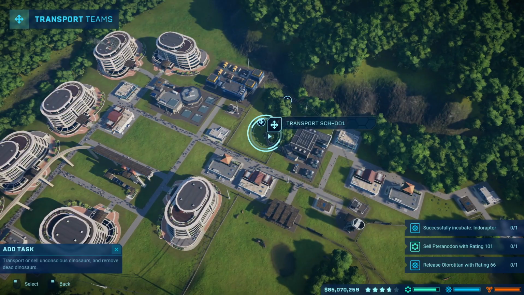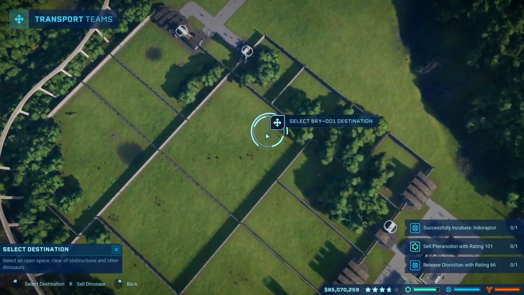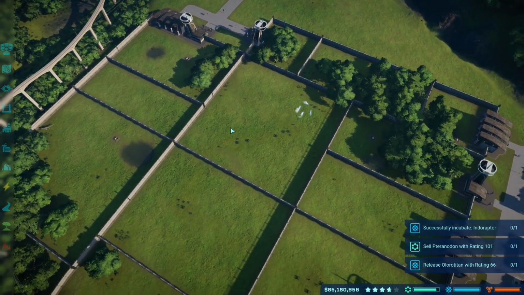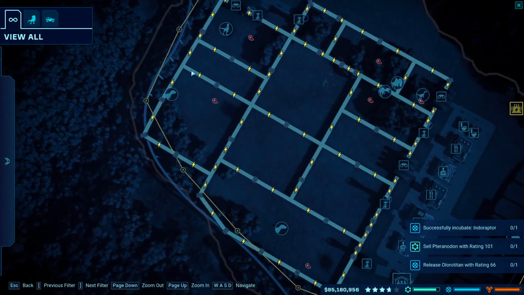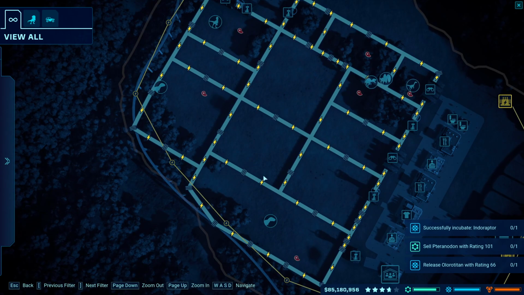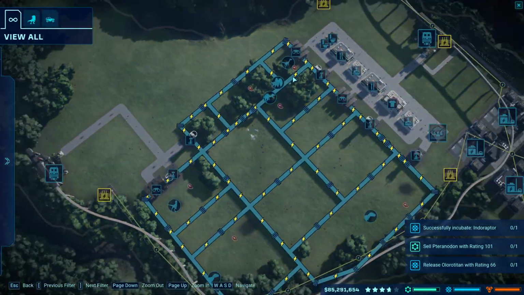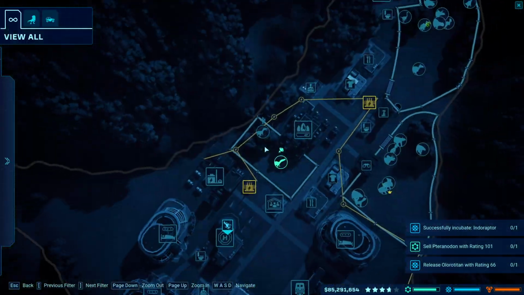Okay, I'll do the Baryonyx first, and then put it into here. I don't know if this enclosure is going to be big enough, though. I mean, these two are much bigger than the Baryonyx, but I'm not sure. It's still going to need a decent amount of wetland. Okay, I'm actually going to look. Oh no, I was too late. I wanted to look at the